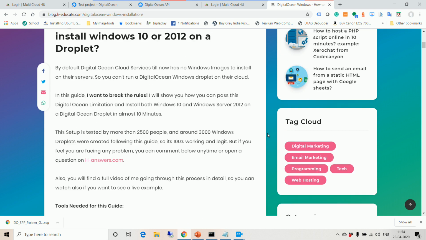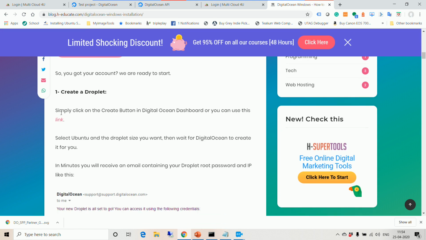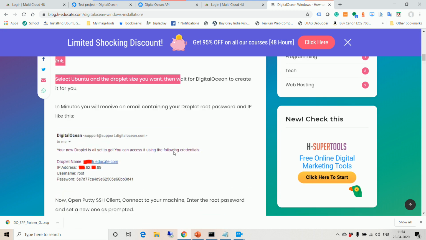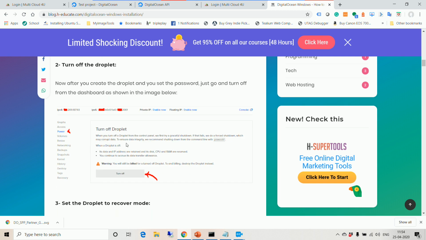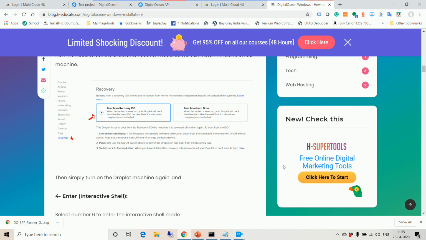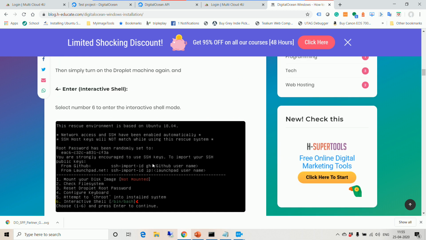By default, there is an option to create a droplet. Simply click on the create button in DigitalOcean, and once you create the droplet, you have to turn it off and then set up the droplet in recovery mode. All these options are on the dashboard or the console, and I will show you.